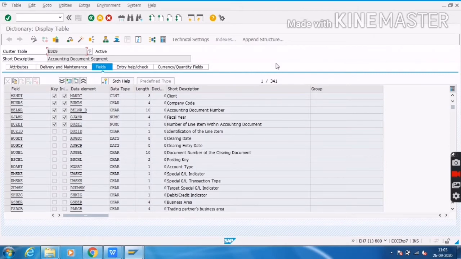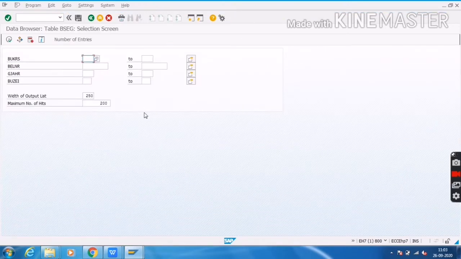Before creating a search help, I want you to understand what a search help is. This is a standard table, BSEG. When I click contents, we can see these small square boxes.